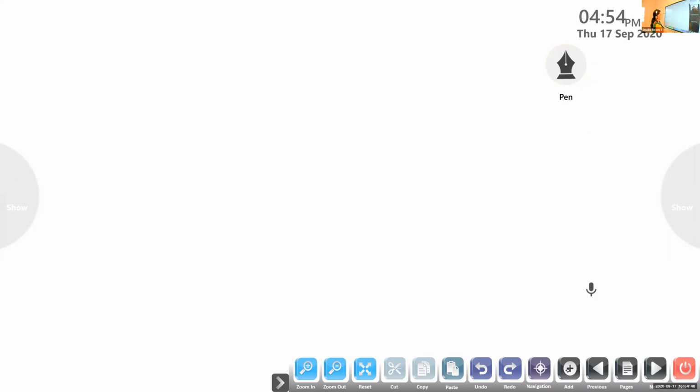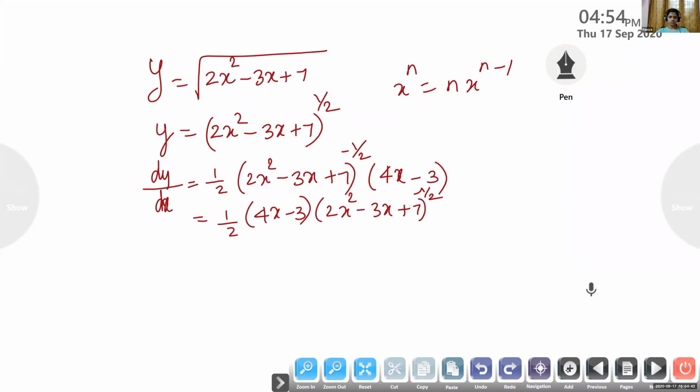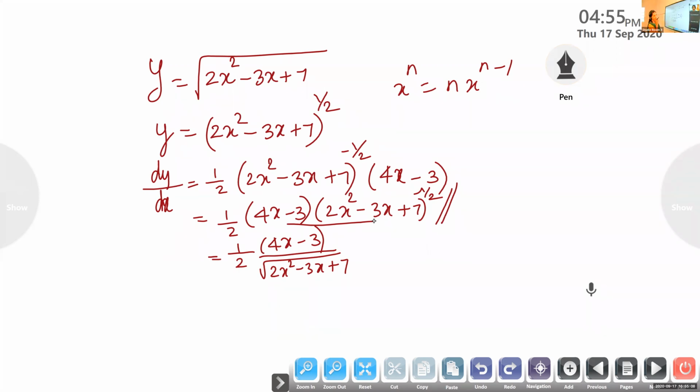One second, let me take the previous one. How will you simplify this? 2x minus 3, half into 2. Simplify and give. The power is negative half, so if needed, we can take it to the denominator and then write it with power half. Or if you leave it like this also, it's fine. Either you can leave it like this or go up to this only. We can't proceed further. Is it okay?